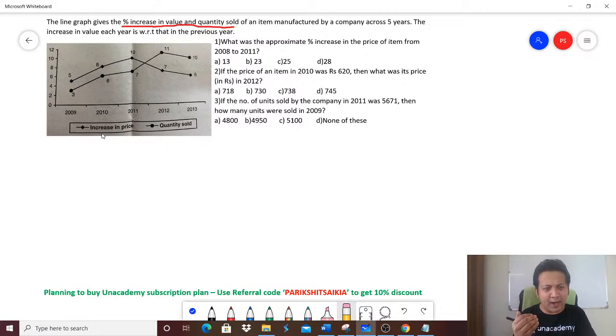We spent nearly 1 minute on understanding the graph. And once you understand the graph, you are good to go with the questions. Let's look at question number 1. What was the approximate percentage increase in the price of item from 2008 to 2011? Okay. Now we are at question number 1. So 2008 to 2011, they are asking you what has been the total percentage increase in the price of the